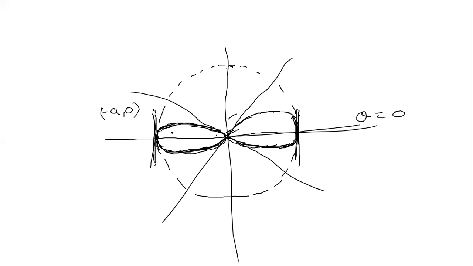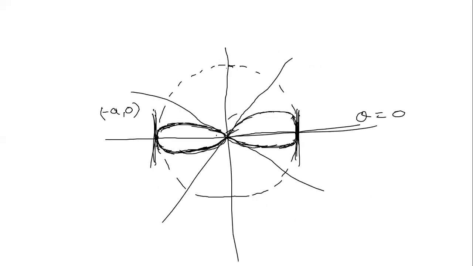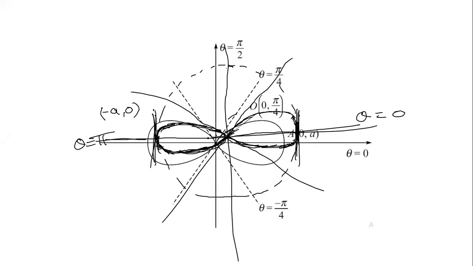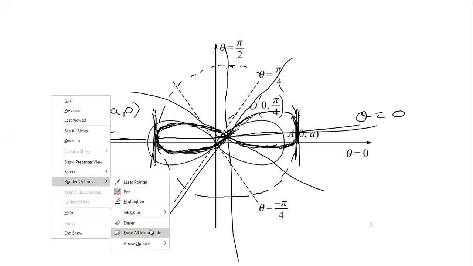After that next is theta equal to pi, r equal to plus a, minus a. So this is the line theta equal to pi and r equal to plus a. In the same direction there is already one loop. And one more, theta equal to pi, r equal to minus a, in the opposite direction there is already a loop. So that's all. This is the nature of this curve, and this is nothing but what we are able to see here.